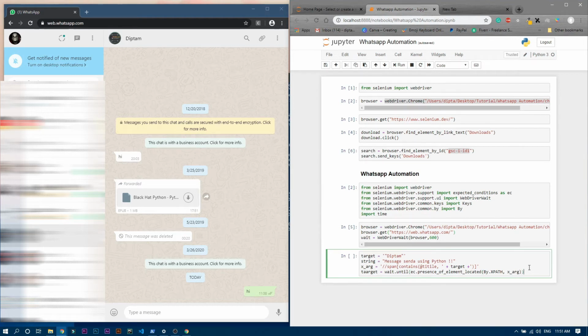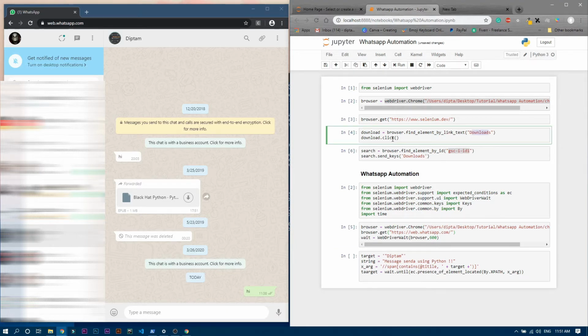Okay, and now we want to click that particular target, because we already saw that when we find something, for example this download option, we will click on the download option, right? So here we are finding this target, that is the Deeptam name, and if the automated Chrome browser finds that target, it should click on that target to open this chat section, otherwise it will not open this chat section, right?